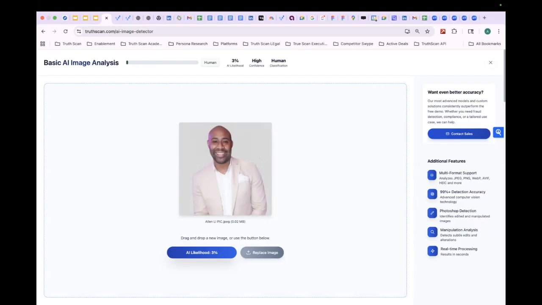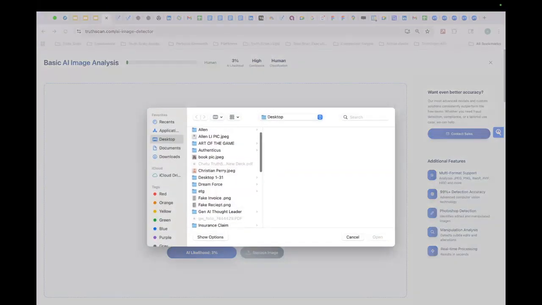Now, an AI generated photo will not have those things, and we can even tell you. So, as you can see here, taking a step forward, you can see the AI likelihood, and the confidence is high that this is a real human picture, and it is actual content that is not fake.